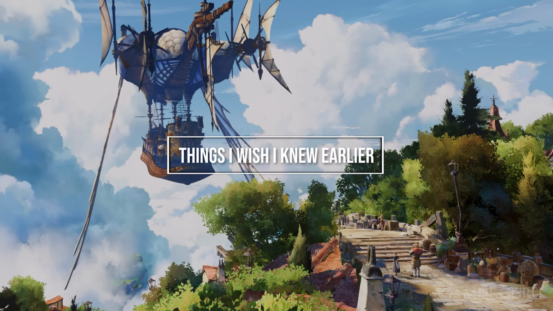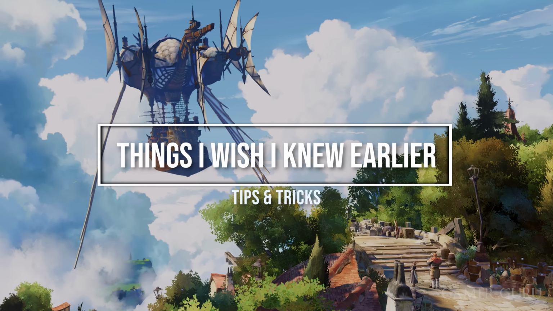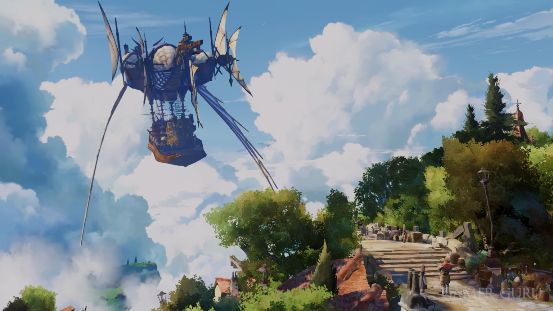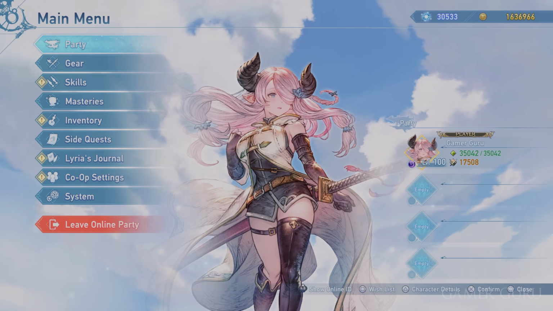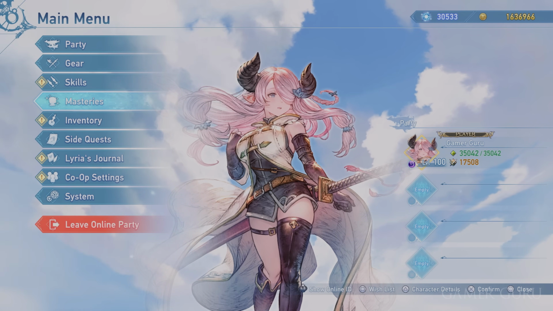Let's not waste any time on intros for this one and jump right into things I wish I knew earlier in Granblue Fantasy Relink. The first major thing I didn't realize until way too late is that if you go into the Masteries menu, then go over to the Collections Weapon tab and make sure you're upgrading all of the